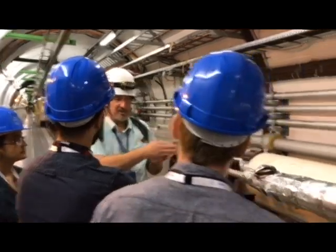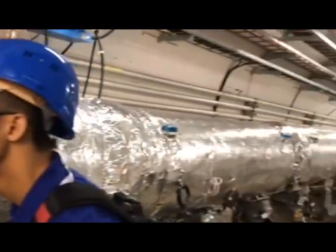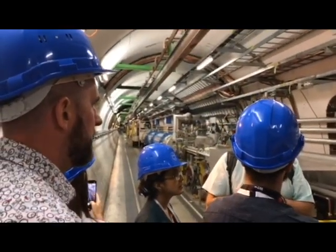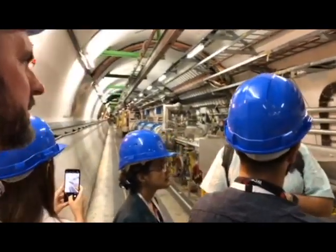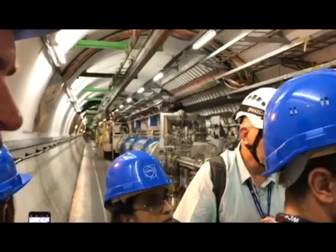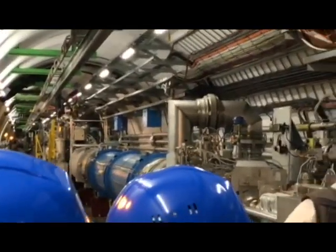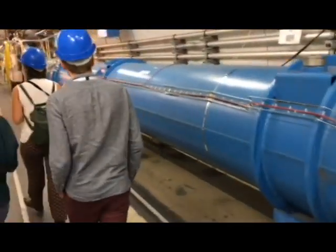Because the Higgs field seems to teeter so close to instability that the slightest nudge, one way or another, would have prevented matter from forming in the universe. It would have prevented electrons from gaining mass. So obviously, what the high luminosity upgrade will do is